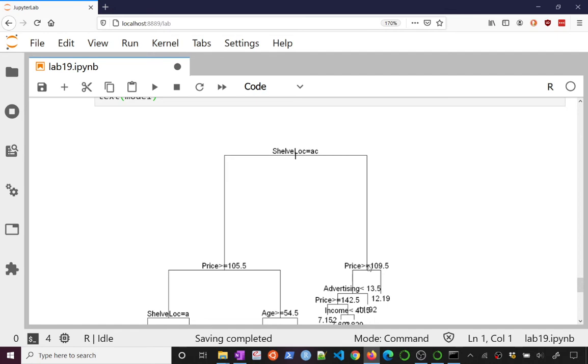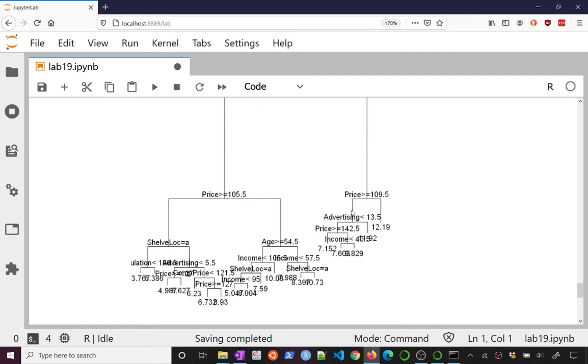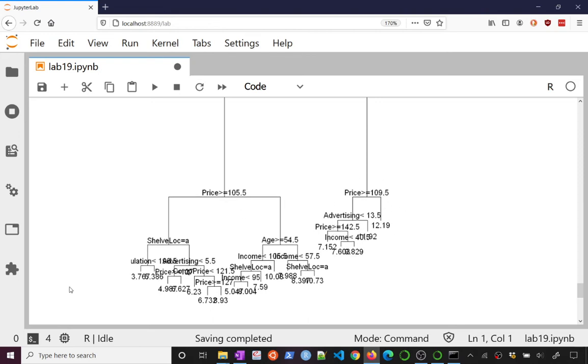That's going to split on price. If I go down to right here, I'll split on price, then on advertising, right? So I believe that it says price bigger than 109.5. If that's true, it goes to the right. If it's false, it goes to the left. Advertising less than 13.5, etc. So it's telling you all the variables it's splitting on and where it's splitting them. That's a really nice part about trees, this gorgeous visualization. Everyone understands a decision tree. You just go through the nodes and decide at each covariate what bin it falls into. And that's the model,